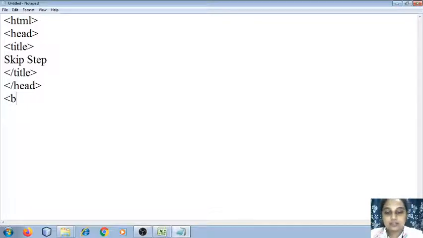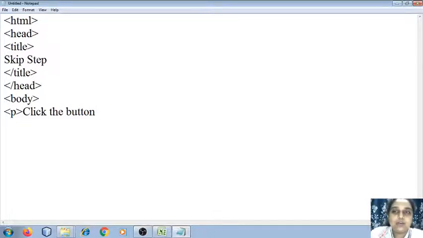Okay, and then start with the body tag. Paragraph which says, again I'm going to create the button. So both these programs are going to help you to be quite acquainted with buttons. Okay, how to create a button, how to use those buttons. All right, that is the intention for this program.